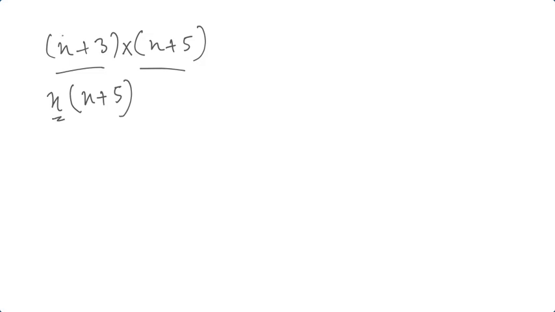This x is this one, and we have now plus 3 times x plus 5, and here x times x is x squared, same base, and the powers should be added. We have 1 power here, 1 power here, so 2, plus x times 5 is 5x, and here we have plus 3 times plus x, plus 3x,